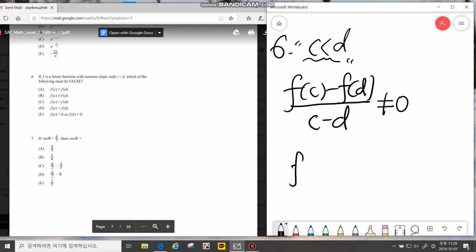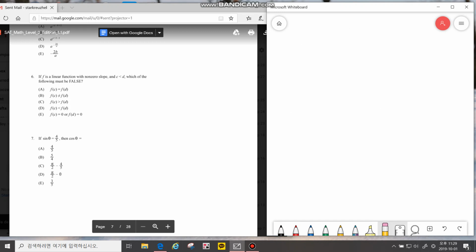The choice A states that f of C and f of D are exactly equal. So if this was true, then f is not a linear function with non-zero slope. If this was true, then it's going to be a linear function with zero slope. So that's why the answer is A. And next problem is